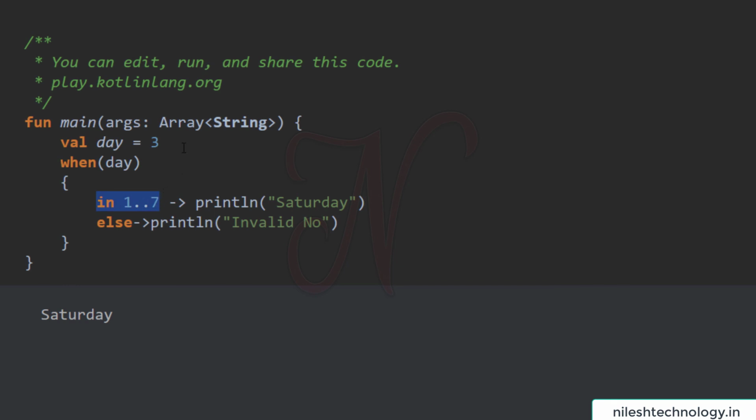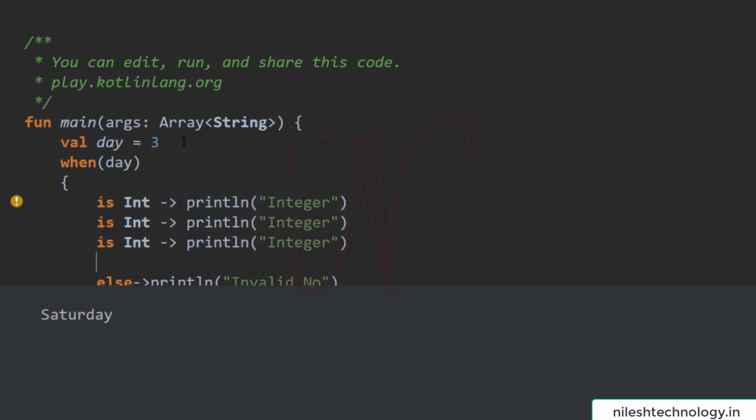Next, second example. If day is equal to 3 and here we use is Int, which means day is an integer data type. If it is, then this is integer.